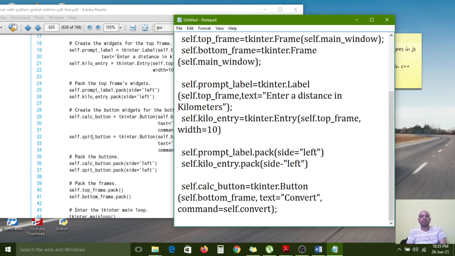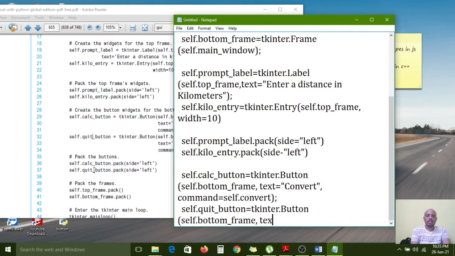Next one, self dot quit underscore button, the quit button, equal to tkinter dot Button method, self dot bottom frame, text equal to quit.